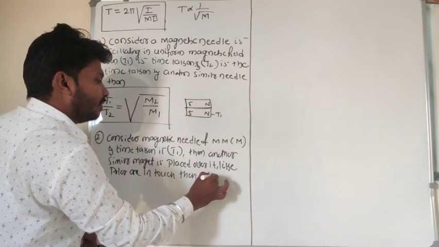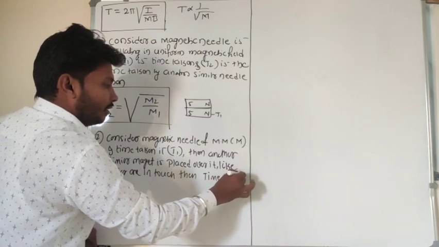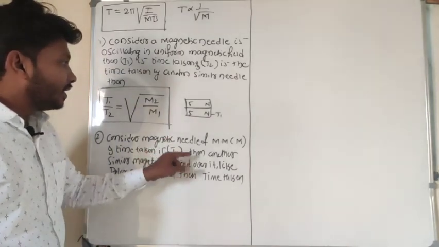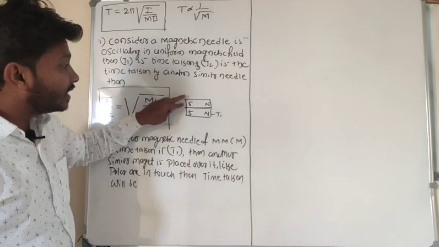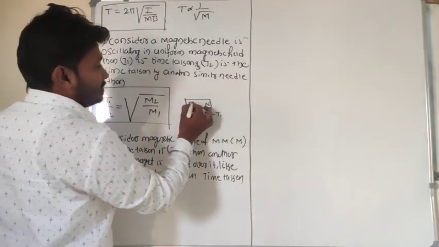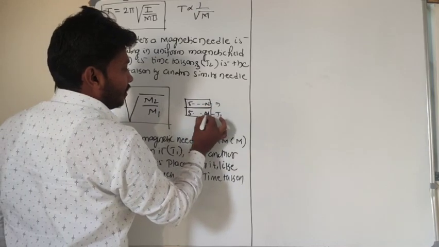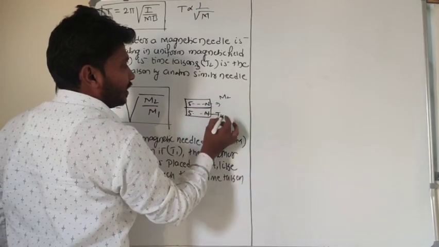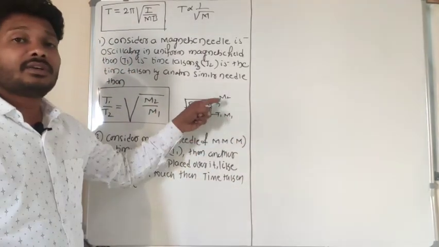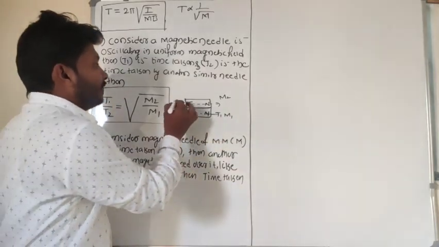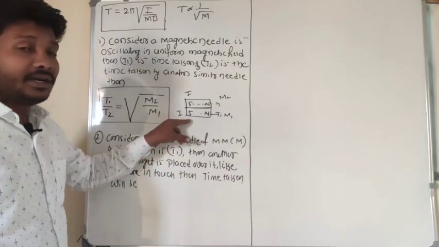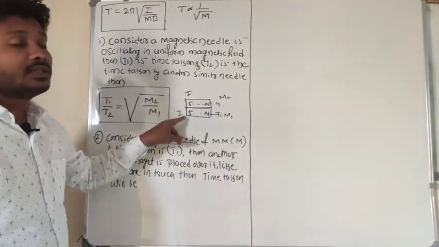Then I need to find out what the time taken is if another similar identical magnet is placed over it. If like poles are in contact, the directions of the magnetic moments, second magnet having m2 and first magnet having m1, are in the same direction, so I need to add them. The moment of inertia of the first and second magnet, being identical magnets, is I for each, so this becomes 2I.